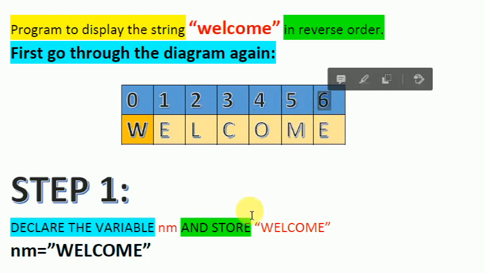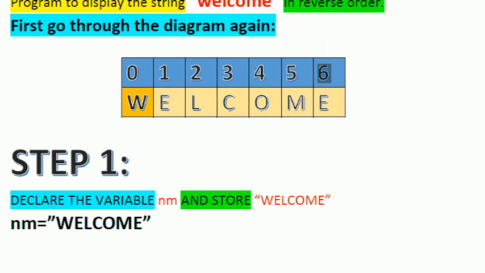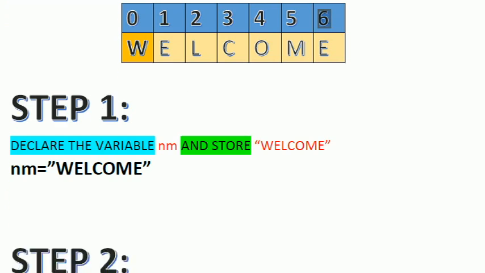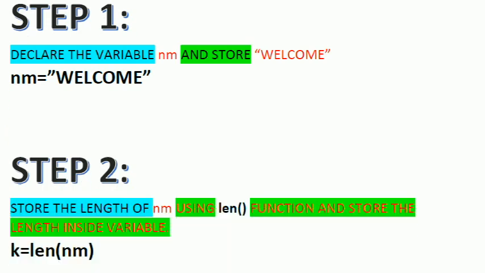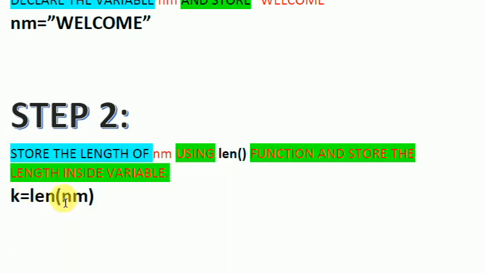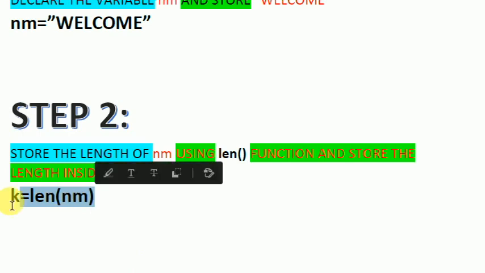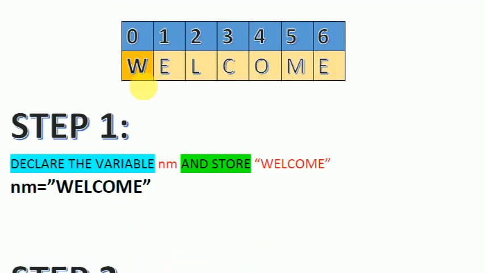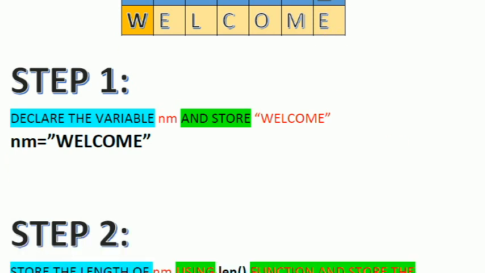And the next part is, when we are working in the for loop using range, and also while, you need to first find the length of the string. Very important part. How are you going to find out the length of the string? len(nm), store the value inside the variable k. It's going to store the length, and when we count that length, it is going to be 7. But you should know that the index value always starts with 0. The last number is not going to be 7, it's going to be 6. Minus 1, so it is going to be less than the total value.